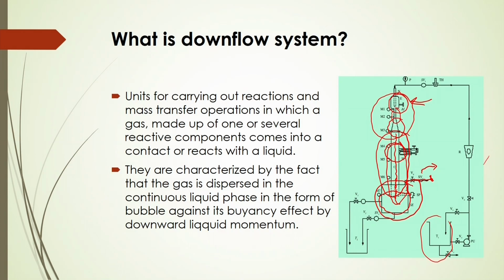And in this case you can also produce finer bubbles. Instead of gas, if you use some secondary fluid, such as another immiscible liquid like kerosene or paraffin, which will not mix with the water, then you can produce droplets of that immiscible liquid, and that may also go downward with the liquid movement. That droplet may be useful for the extraction of unwanted material in the liquid or water. So, that also can be applied in this downflow system. So, this is the concept of the downflow system.